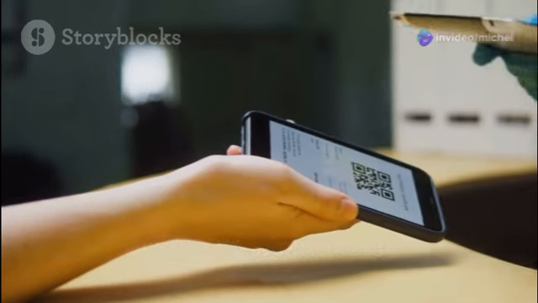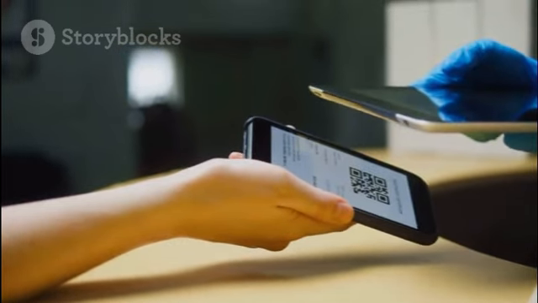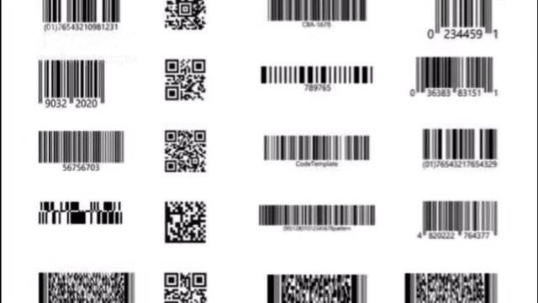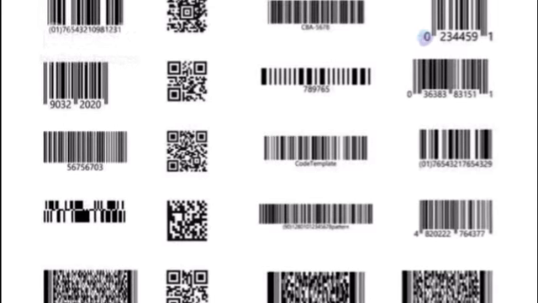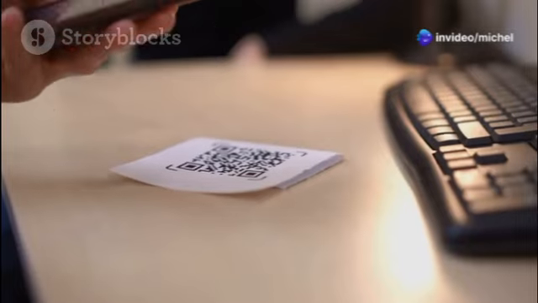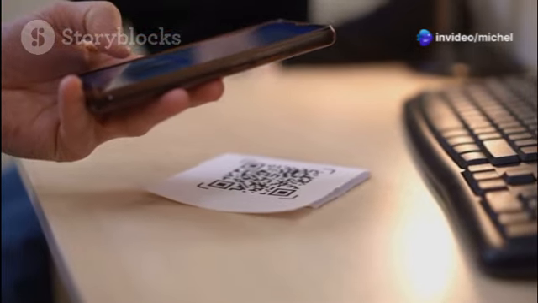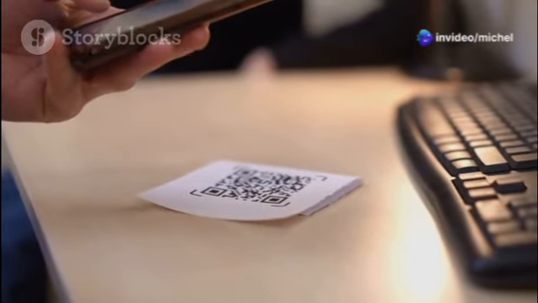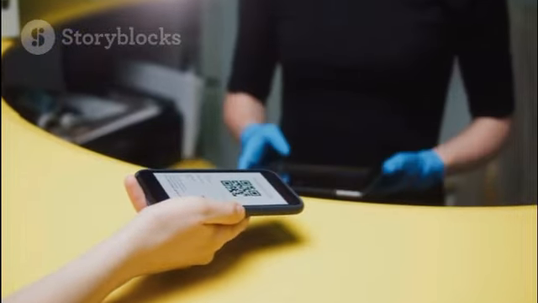Before you unleash your QR code upon the world, let's make sure it's on point. Here are a few pro tips to ensure your QR code is both visually appealing and easily scannable. First off, test it out. Always, always, always test your QR code before sharing it. Just use your phone's camera or a QR code scanner app to make sure it actually takes you to the